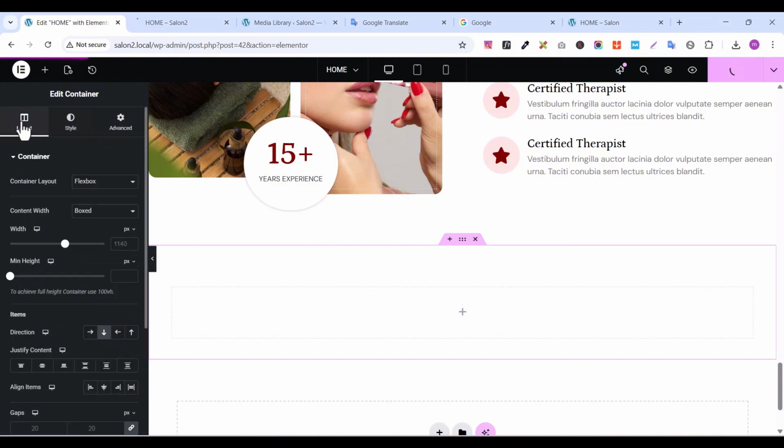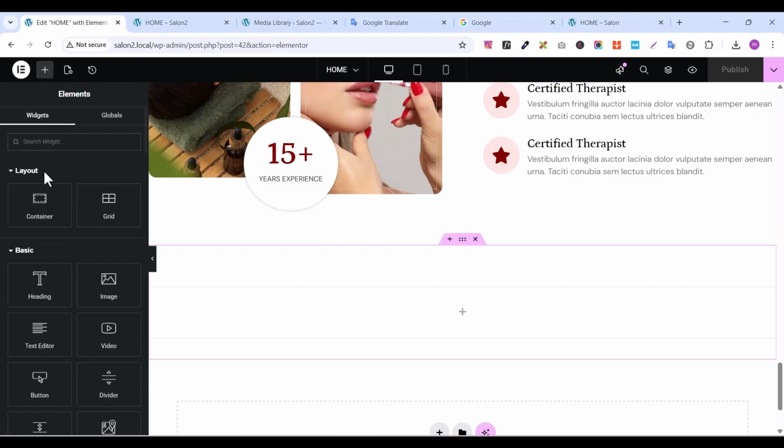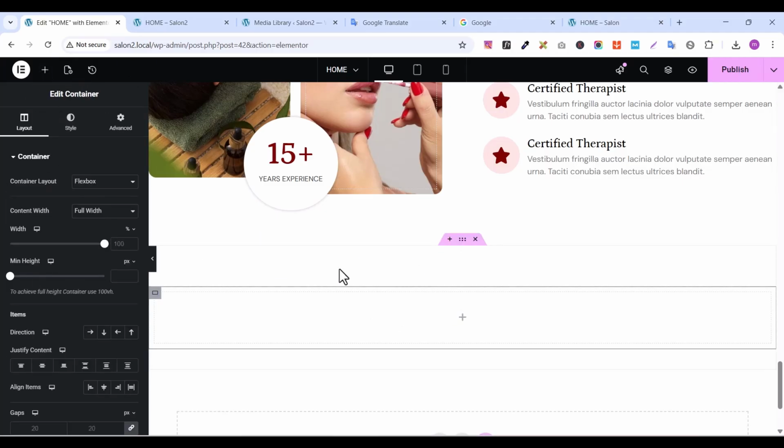Go to layout. Let's give it a width of 1300. Okay, then publish it again. And after that, let's add a container inside this by going to our element panel, drag this container inside. Okay, so select this container,